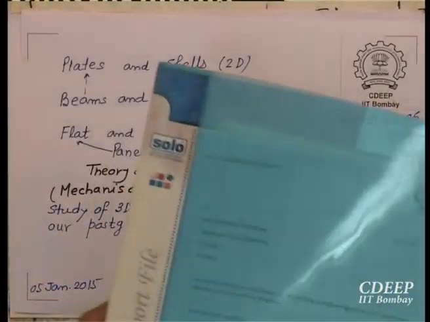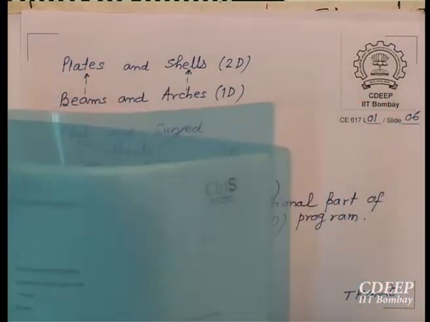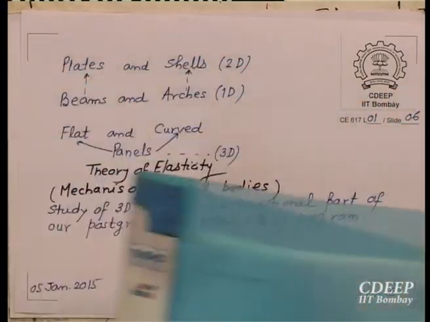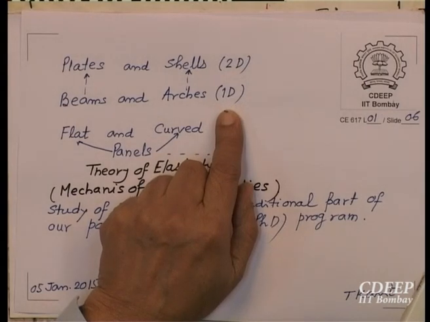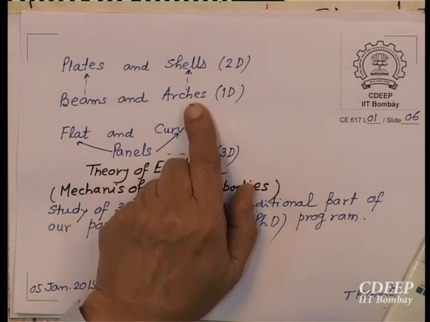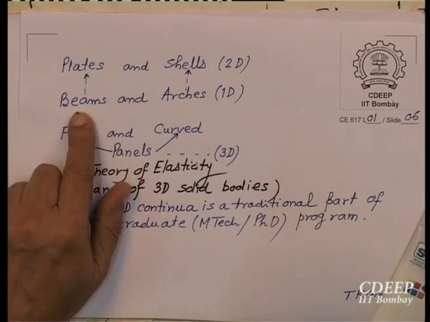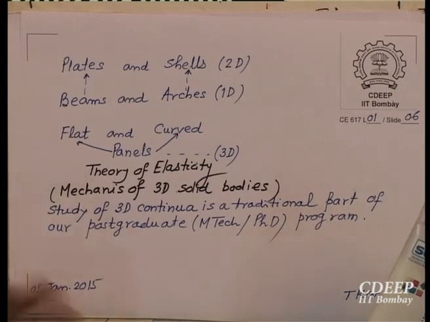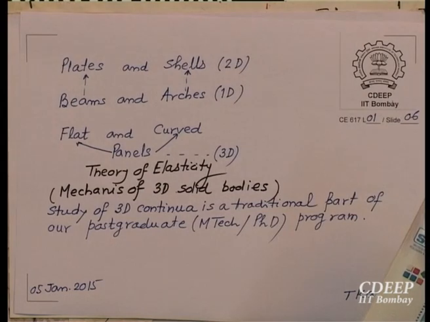Similarly, the difference between a beam and an arch is that the arch is curved. So that also will be only in one dimension. It is a one-dimensional problem. So if you want to study shells, you should know about arches. If you want to study plates, you should know about beams, and that is how the theory has developed. First, beams came, and people started the basic assumptions on how to take the deformation of the transverse normal in a beam or arch. Then that was extended to two dimensions, even if you see the history of mechanics.